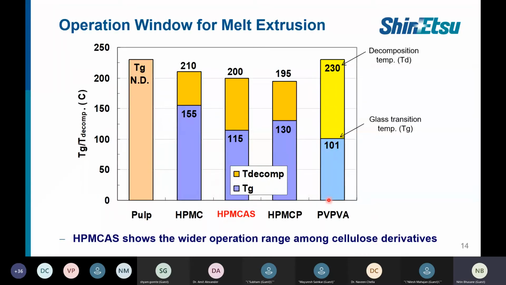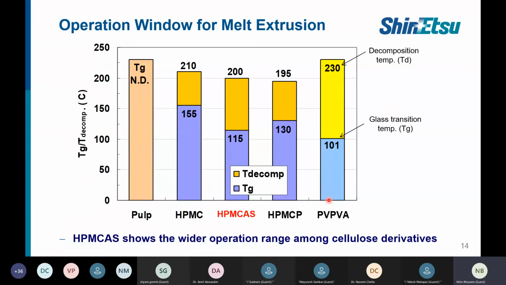So when you are running a polymer on HME, the first thing you should understand is what operating window you have. Because generally what happens, the scientist stands in front of the machine and takes a mixture of drug and polymer. He starts with a temperature, say 120. He keeps all the temperature zones, melting zone, everything at 120. Process running, but your die blocks. So your process stops running. What do you do? You stop the process. Again, 120 is not running. You try 140. 140 not running. You try 160. Still not running, you try 200. Yeah, now 200 is running.